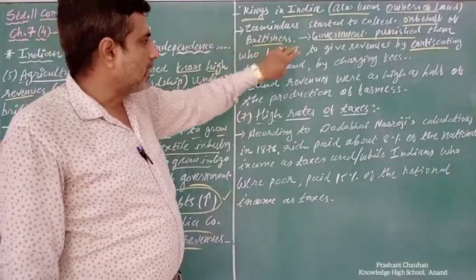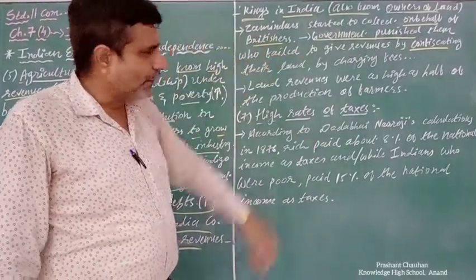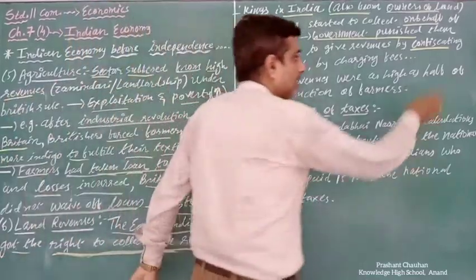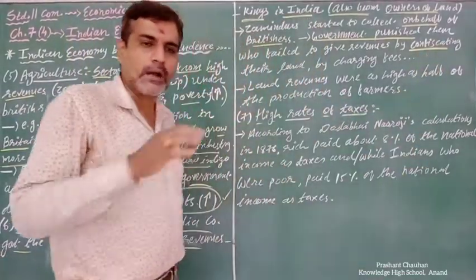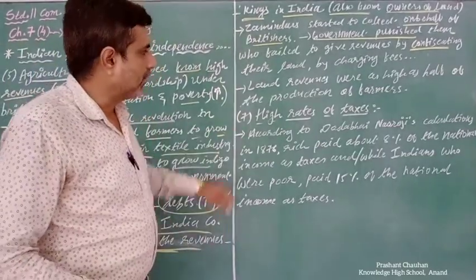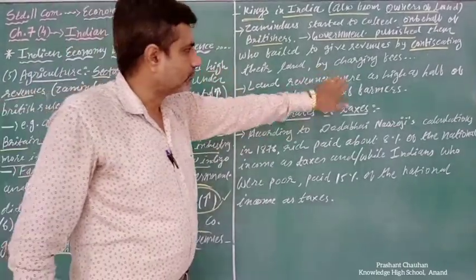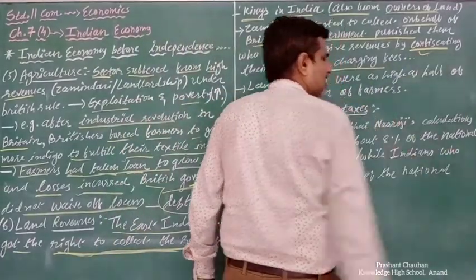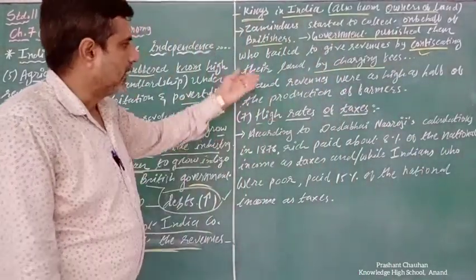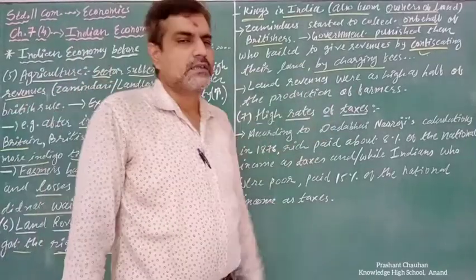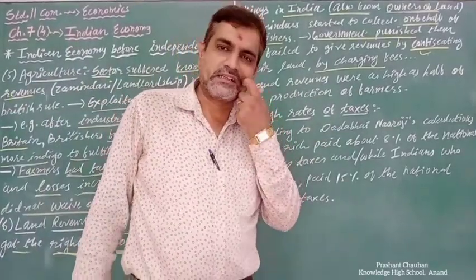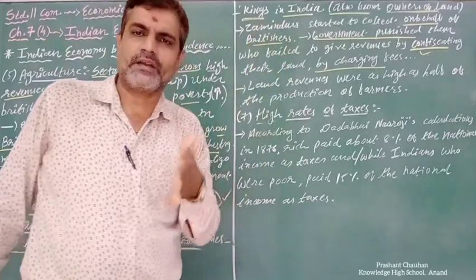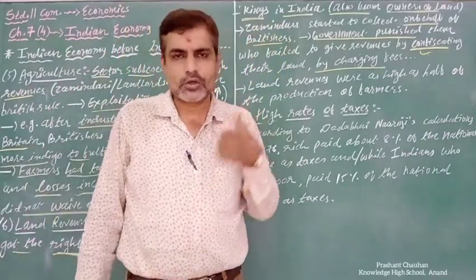So the government punished those who failed to give revenue. If they were not giving revenue, their land was taken away. What I mean is, by force they are taking the particular land and then sometimes charging fees. So enforcement was intentional, and they took their land. Second, sometimes some charges are there regarding the fees and more revenues they have to pay. So that was not in a proper way. It was in a forceful way, right?